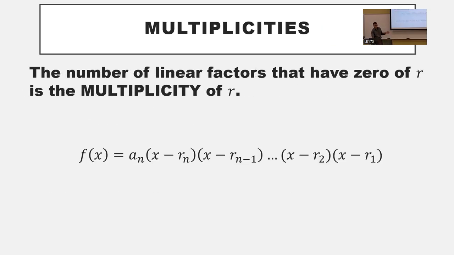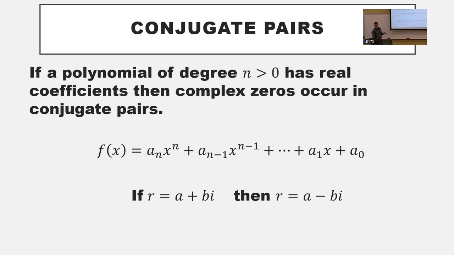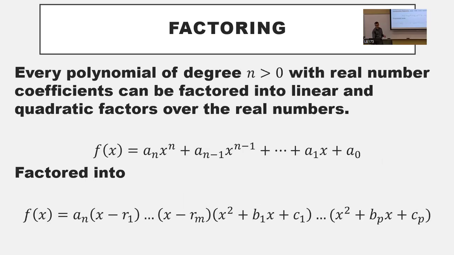So we have our first tool that says we can factor things over the complex numbers into linear pieces. Now we know that if we have a complex zero, then we'll have another one, which is its conjugate pair. Now, if you think about those two things put together,